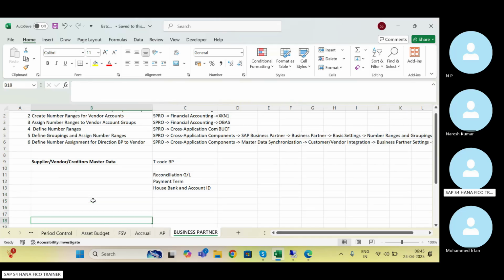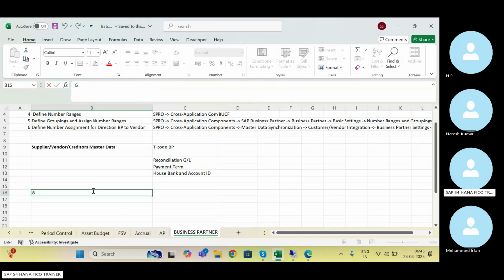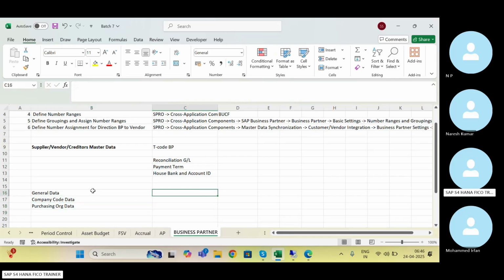Now, as I have shown you yesterday, in supplier master data there are three segments. One, general segment or general data, then company code data, and purchase organization data, purchasing org data. General data will include normal vendor information like vendor name, address, vendor bank details, vendor tax related information, vendor country, vendor phone number, email. All this basic communication and address related information will be shown in the general data,